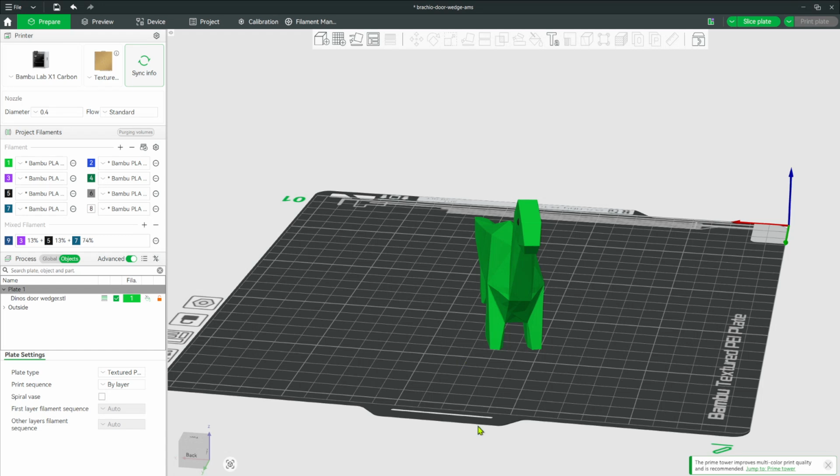Hey guys, welcome back. So in this video, I'm going to show you how to turn on print by object